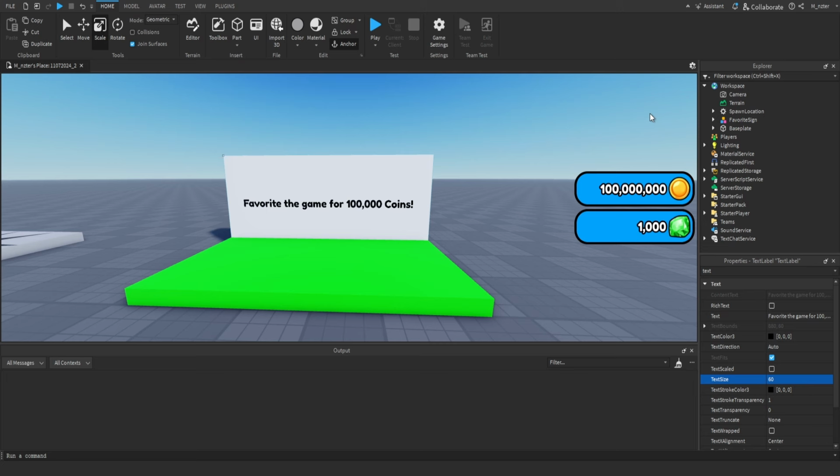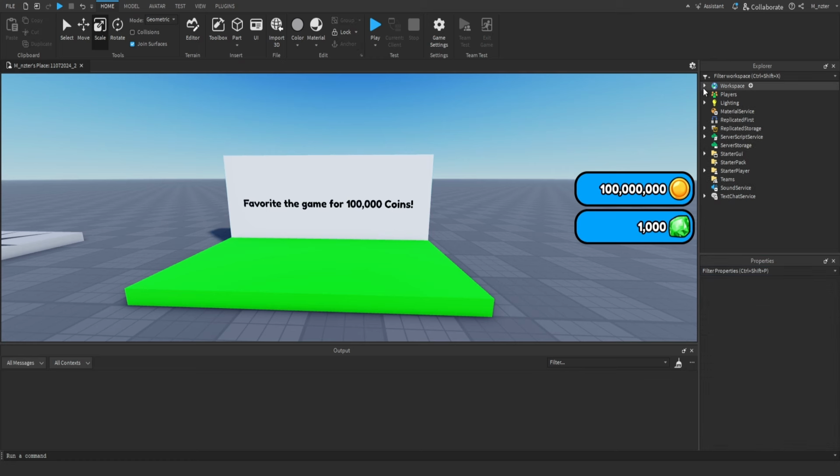Now, yes, I understand this looks terrible, but again, this little part right here is not the point of the video at all. It's just literally visual elements to help us test this logic out and see it right in front of us. So now that we've done all of that, the next thing that we're going to do is